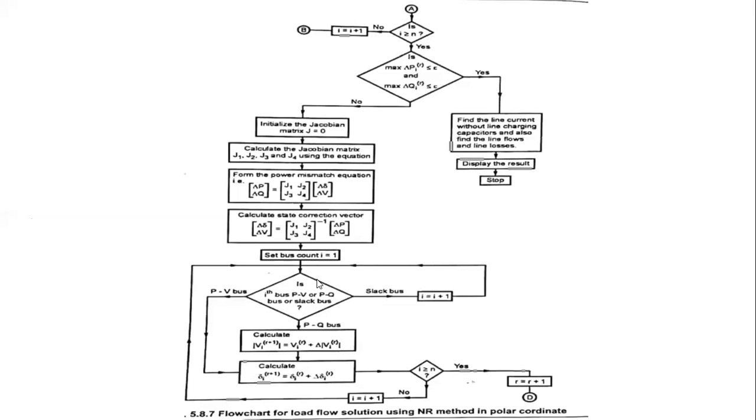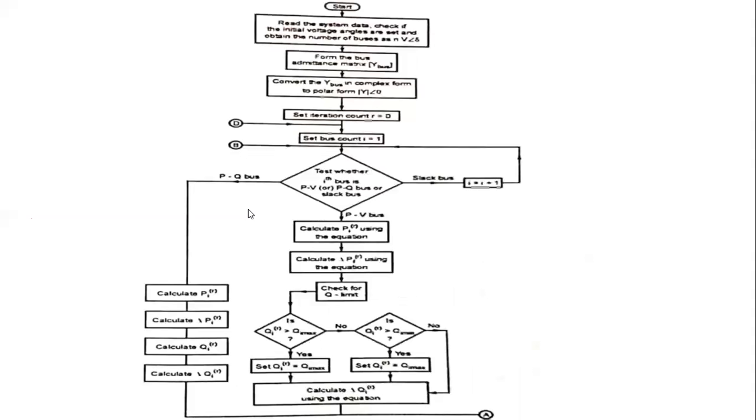Again it will come back. Then calculate the PV and PQ values. Then we check whether it is a PV bus or a PQ bus. Okay, this is the procedure for solving any load flow equations by the Newton-Raphson method when PV buses are present or when PV buses are absent. Understand, ma'am? This is the derivation and the flow chart for when PV buses are present and when PV buses are absent.